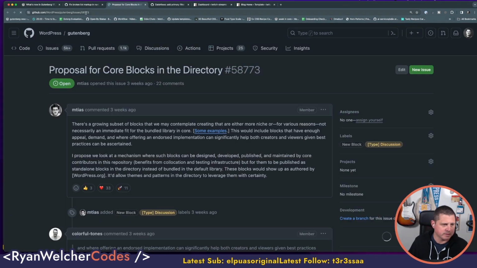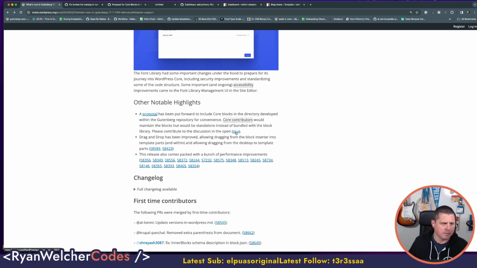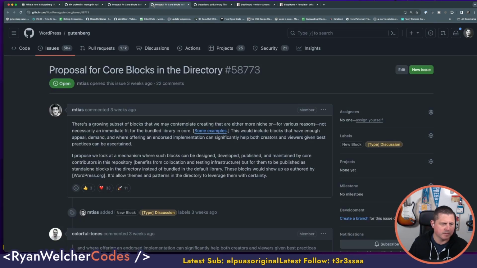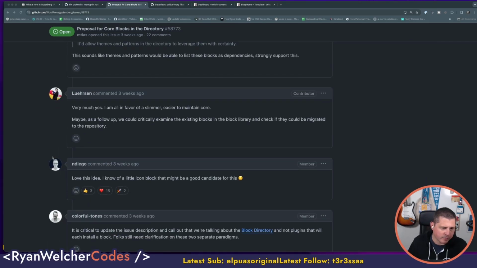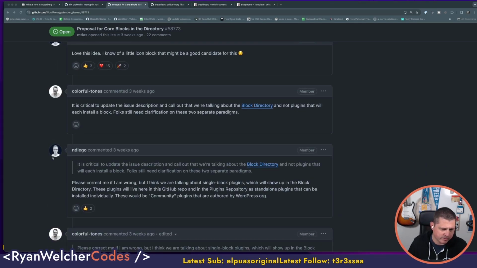If you're not aware of this, have a read of this. So this is basically going to take some of the blocks out and have them be maintained by other contributors as well, right? So it's not necessarily